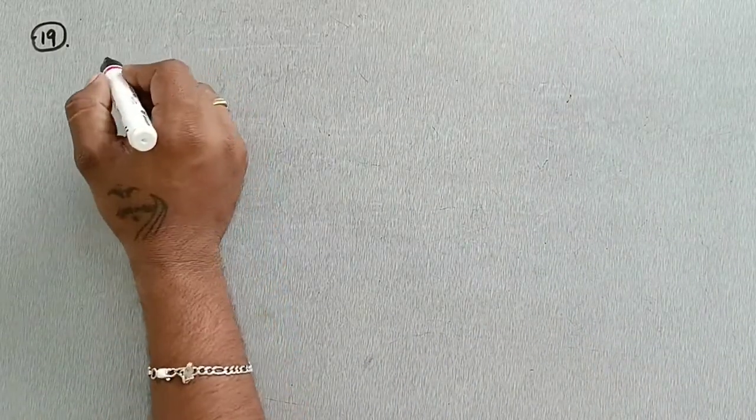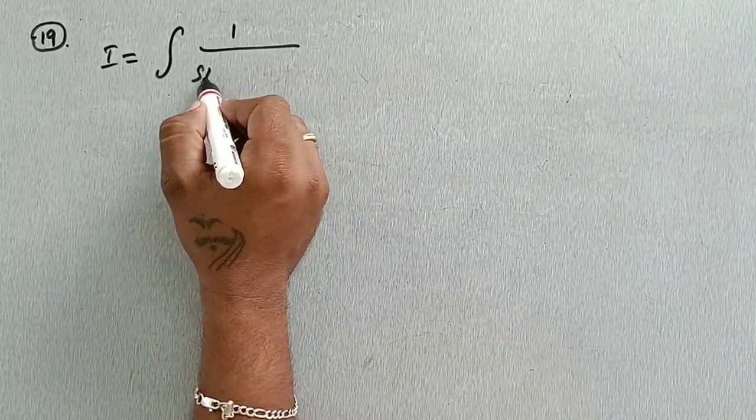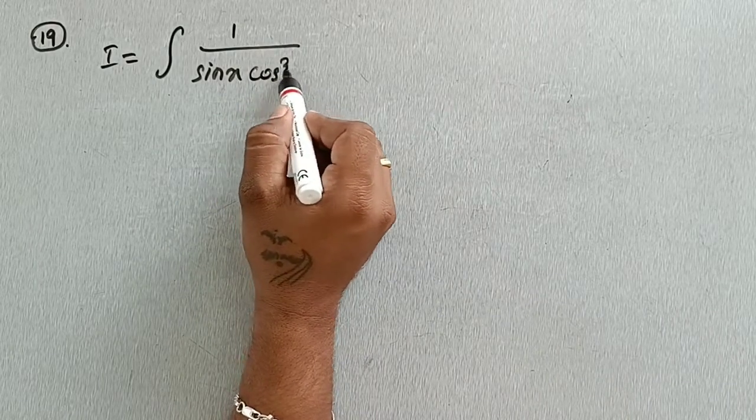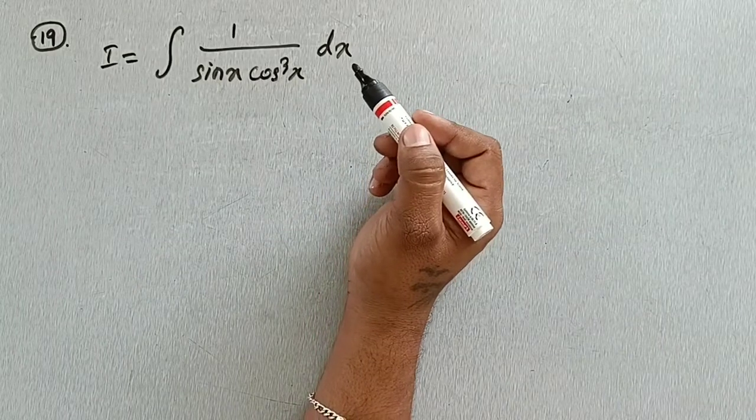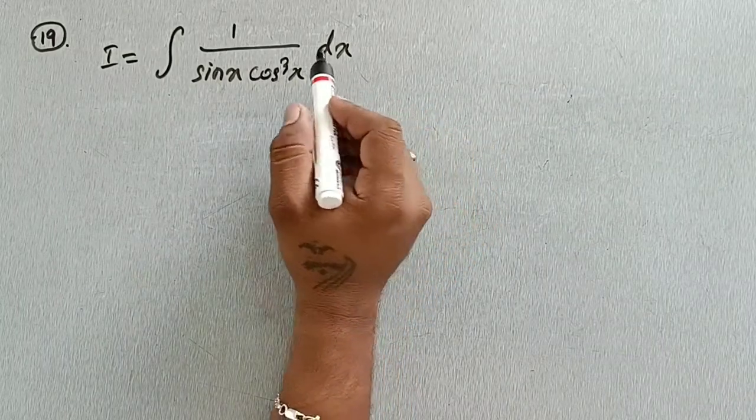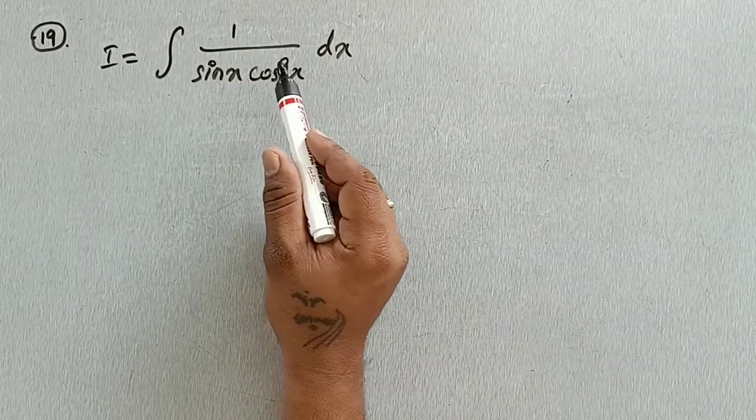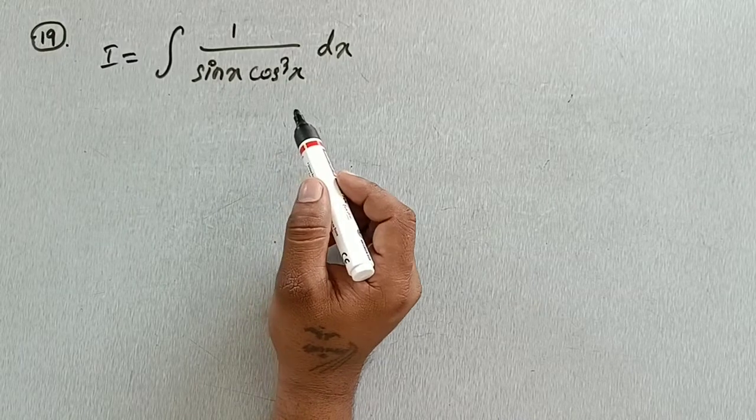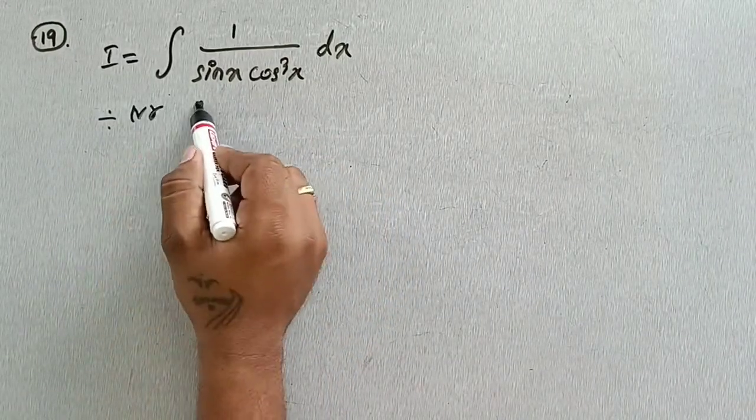Question number 19. I equal to integral 1 divided by sin x into cos cube x. So for this question we have to use a different technique. In the denominator I have sin into cos cube, and in the numerator I don't have any function. If I want to divide, the technique I am going to use is to divide the numerator and denominator